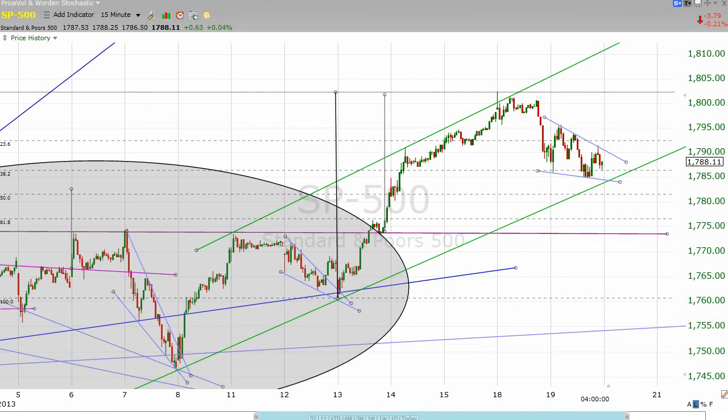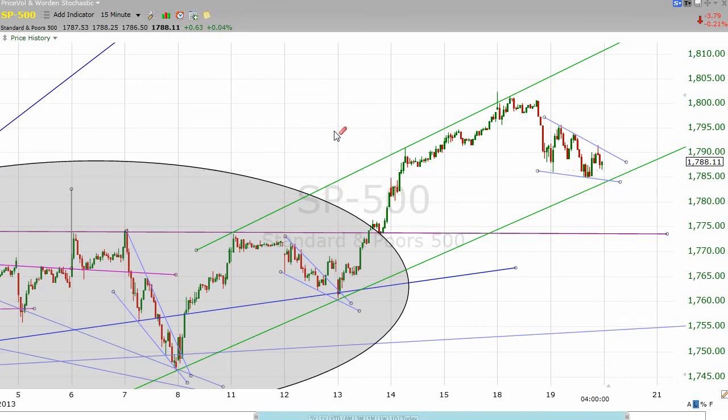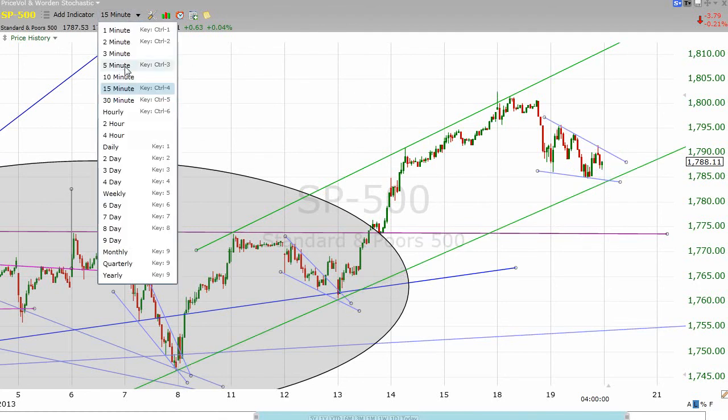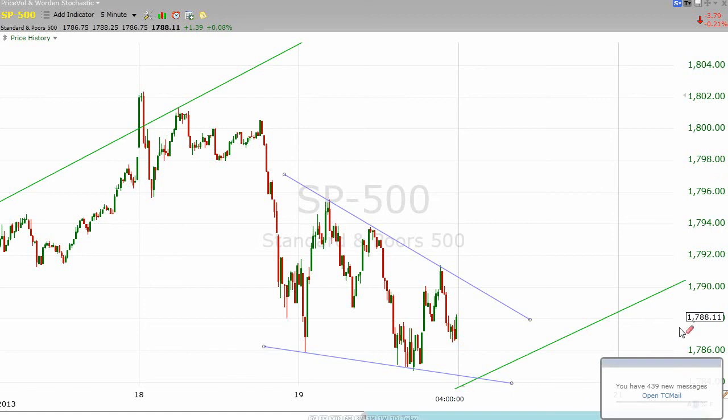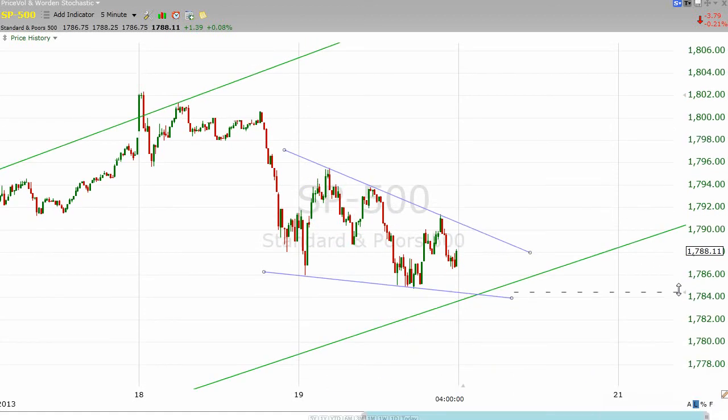And I think the thing to do here is to watch this line for a bounce, and also if we look at this on a 5-minute chart, also watch this little pattern that formed later today, and particularly this top line,